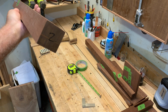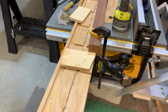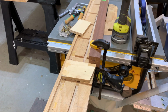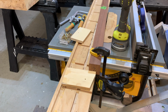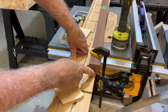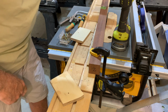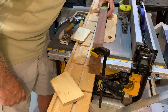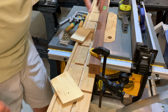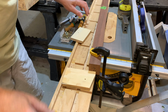So let's get our taper sled set up. Here's my taper jig. This is a very simple setup. What I'm going to do is install some stop blocks on here. The first thing that I do, since I have marked my 1 inch square from here to there, is 1 inch, I set that right on the edge. And then I set down here where the cut is going to begin, just so I can feel that off the edge. Now I'm going to screw in a block right here to secure